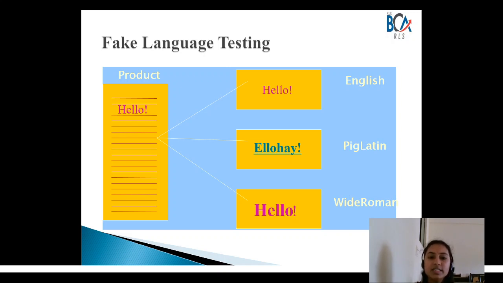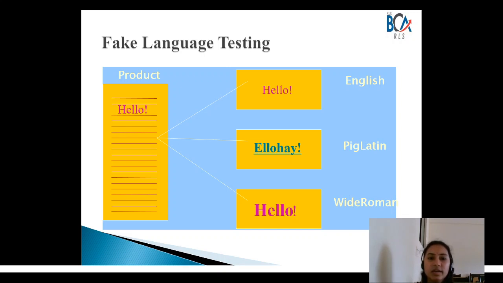This makes language testing easier. This type of testing also helps the English testers to find defects, which otherwise would be found only by a language expert who knows the exact language.